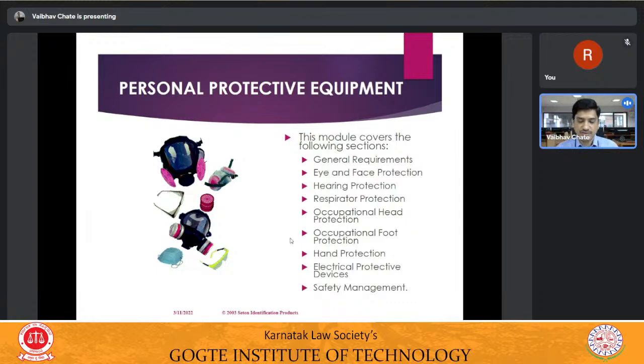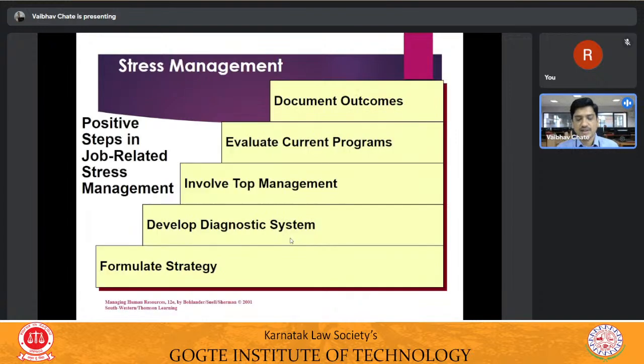The last unit, that is unit number 5, focuses on what is called occupational health and safety consideration. It might be connected with the industry, it might be connected with the laboratories that we have at the institute level, it might be connected with the chemicals that we handle in the research laboratories. And what are the roles and responsibilities of the workers, managers, supervisors, engineers, or teachers at the workplace, and what are the do's and don'ts for these laboratories also needs to be addressed.